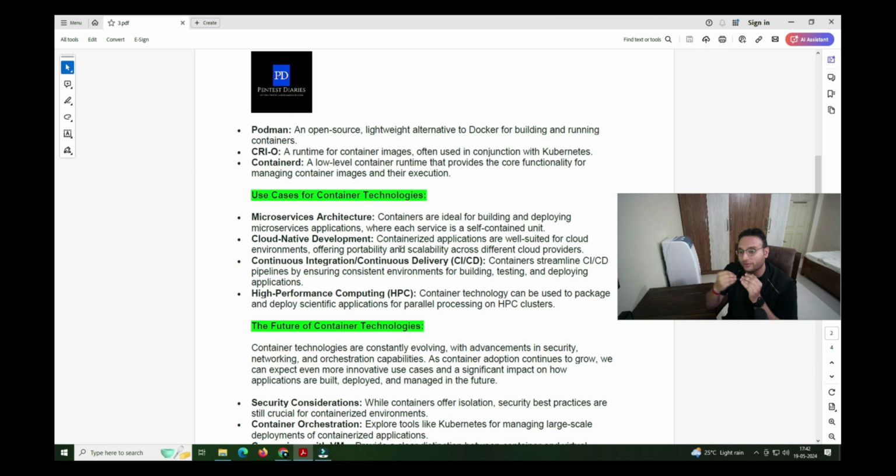So that was one of the favorable points we can utilize in other cloud vendors also, instead of just sticking with one vendor. Okay, going further with the CI/CD pipeline, it's favorable mainly for the developers. Containers streamline the CI/CD pipeline by ensuring a consistent environment for building, testing, and deploying applications. Earlier, the application was built, then went to the development phase, then to the testing phase, and then the patching would be done.